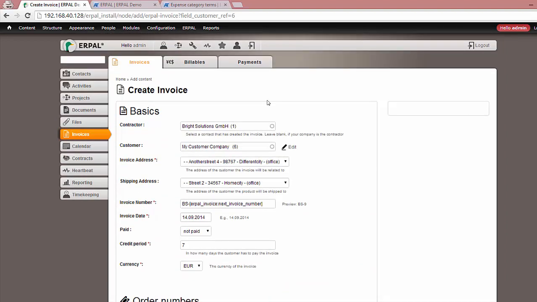This makes it easy to personalize your invoices for your customers and to leave personal messages there, as well as